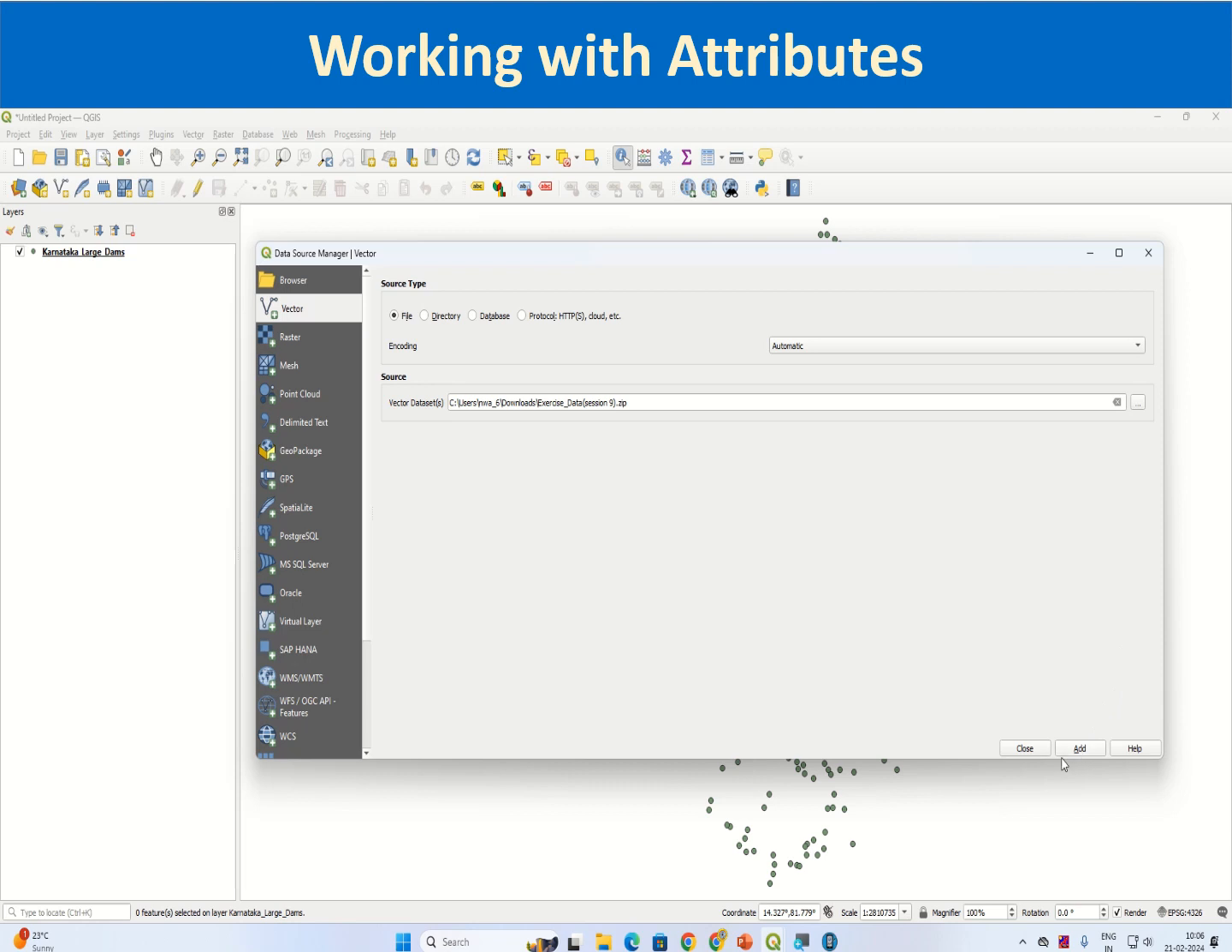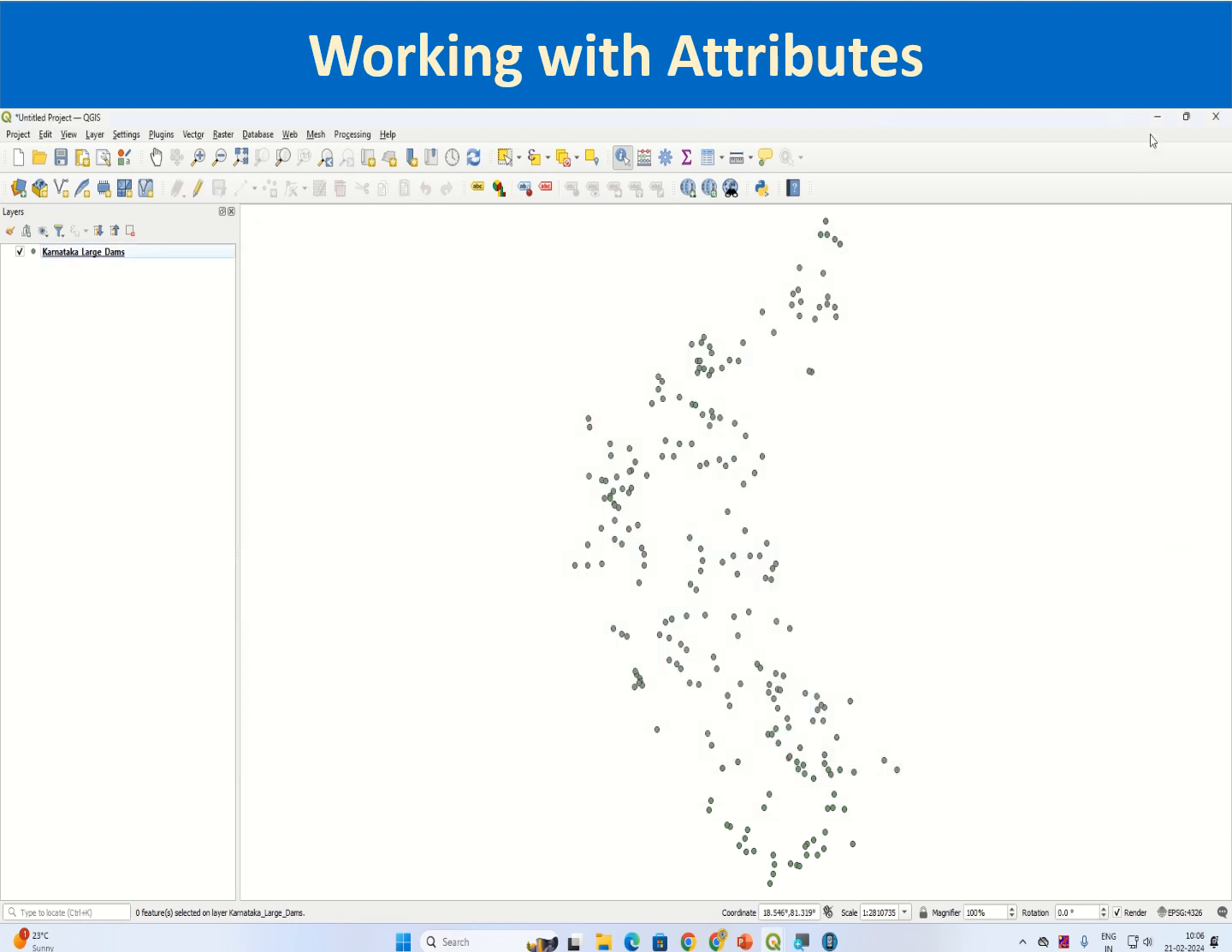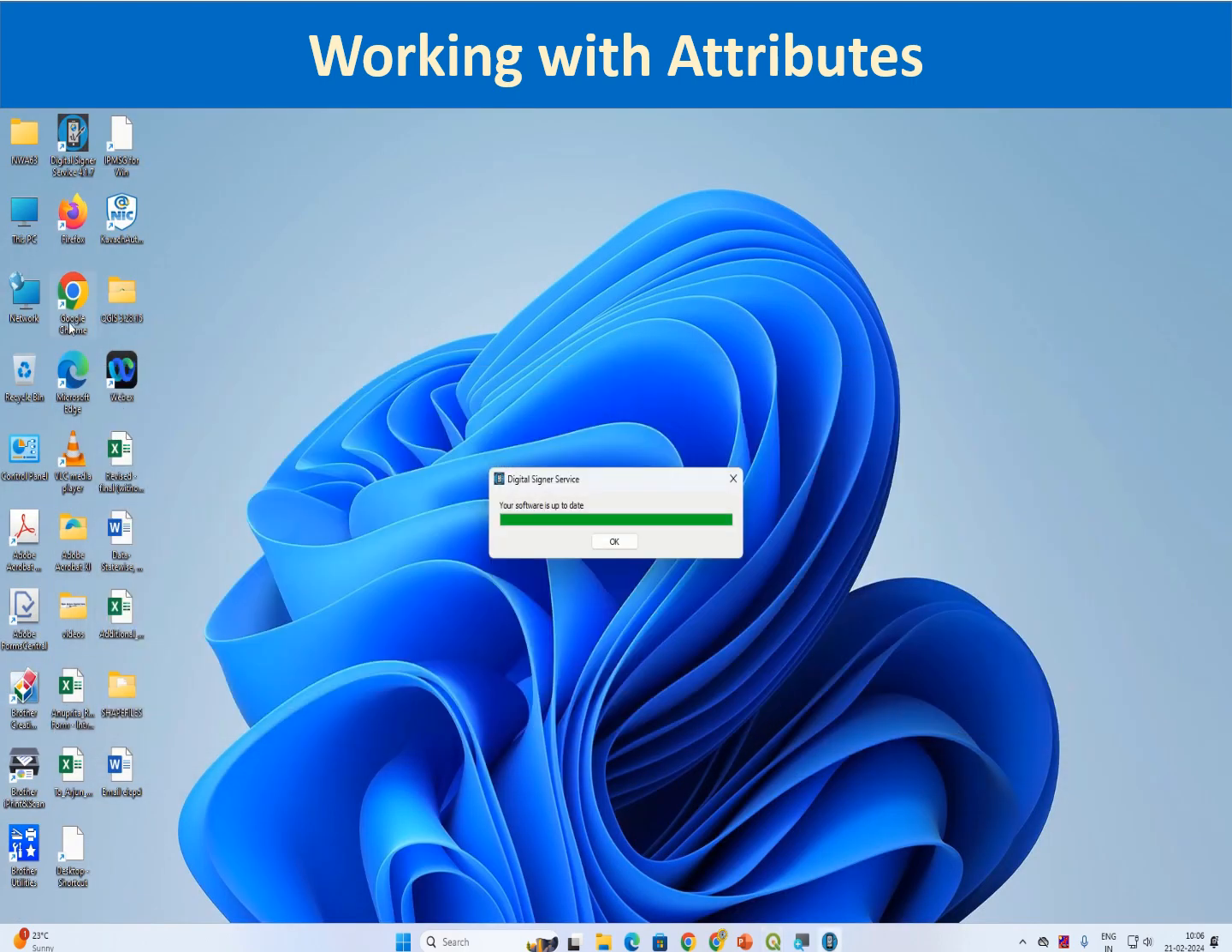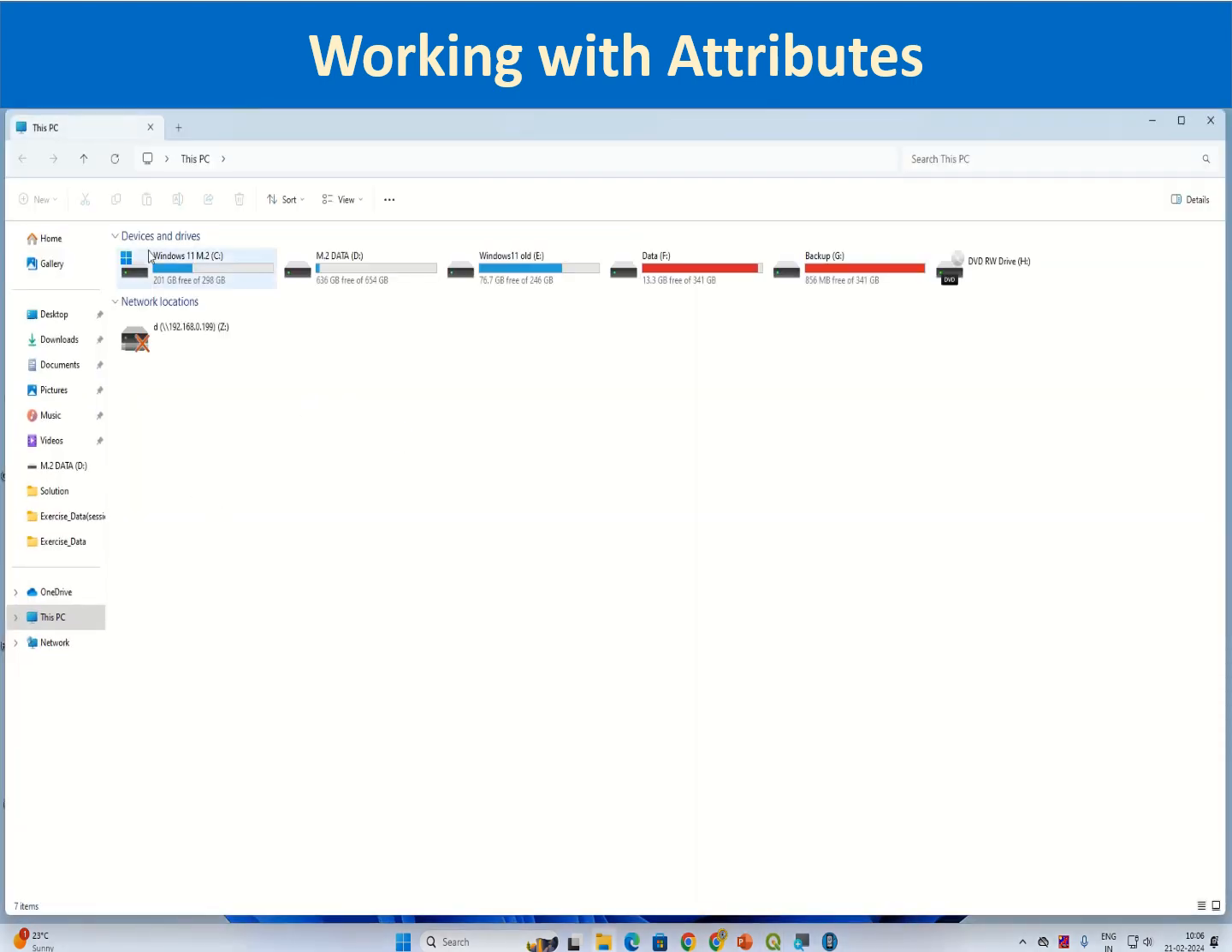It is a zipped file. Just a minute. So my exercise folder,